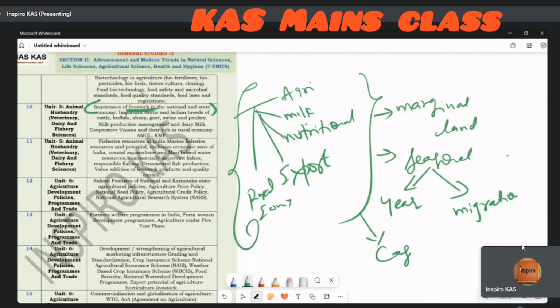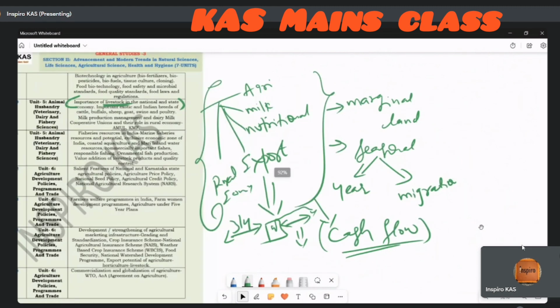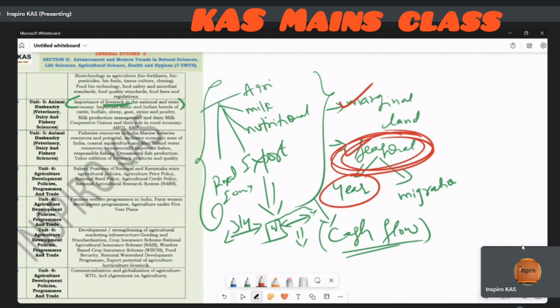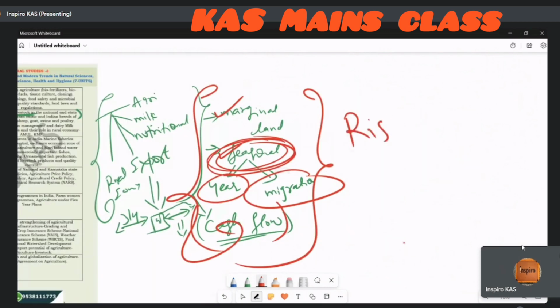And then the third thing is cash flow. See, usually in a rural area, with agriculture, you do agriculture for 3 to 4 months, then you have a lump sum income. Then again for 3 to 4 months you have a low phase where you have to replenish the same amount. Whereas with livestock, there is continuous cash flow. So coupling all of this, like marginal land income, seasonal diversification, avoidance of migration and continuous cash flow, if I merge all of this, can I write it as risk diversification?